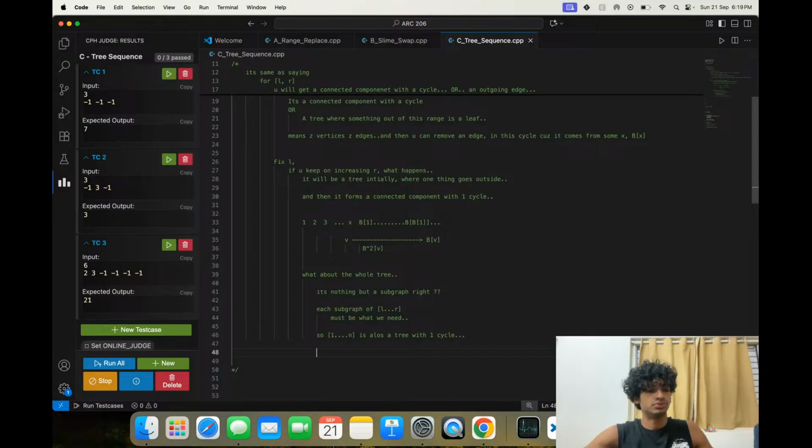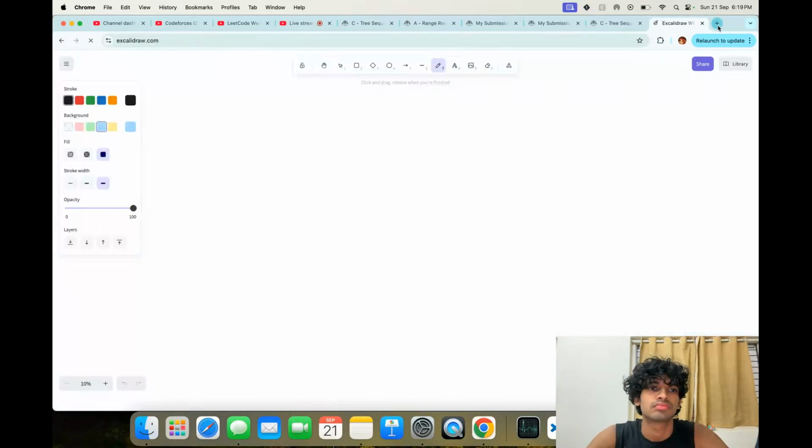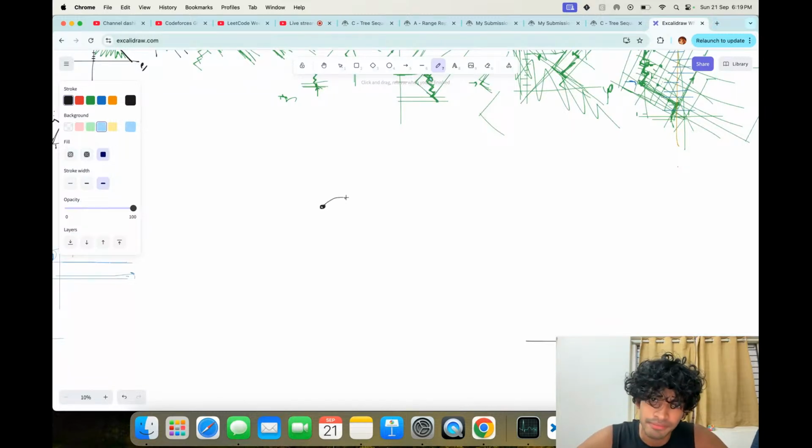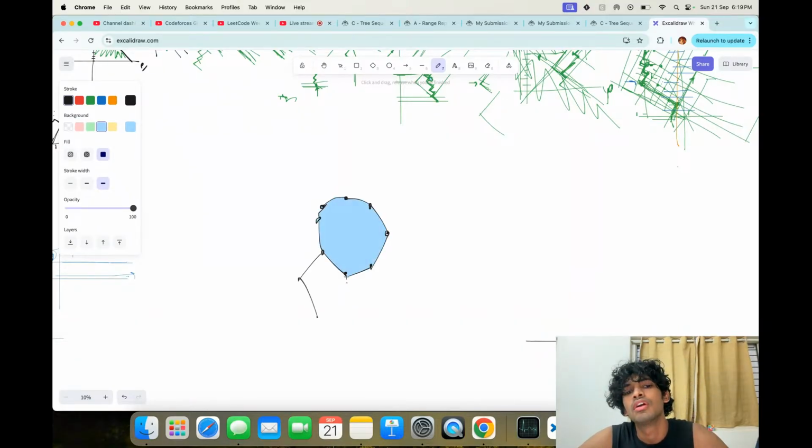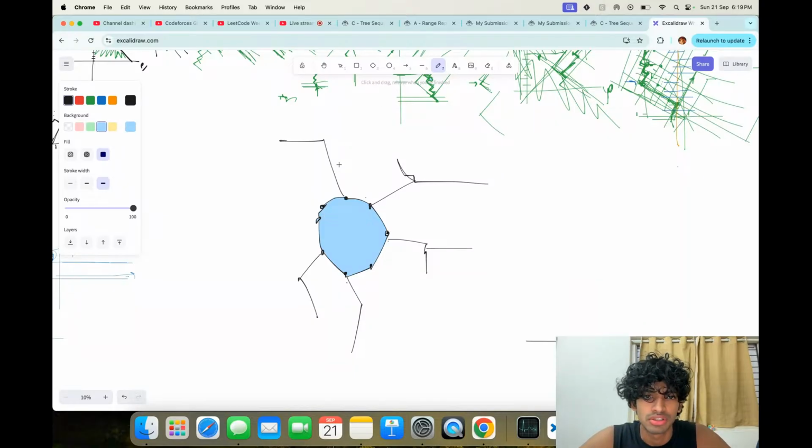Okay, we have a cycle now. Let's look at that cycle. There is one cycle, and everything else is tree. Now we have this thing. I hope AtCoder contests are not like AI plagiarized now. Can I use some logic on this thing? So whatever subgraph we choose, only one vertex must go outside.